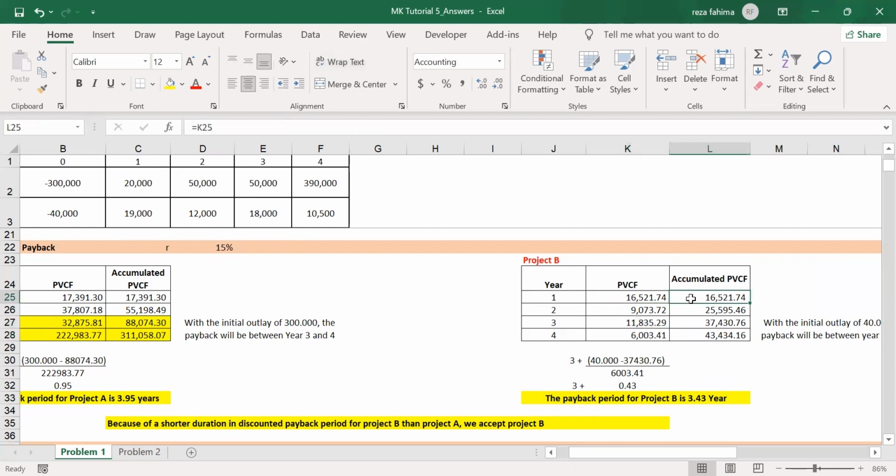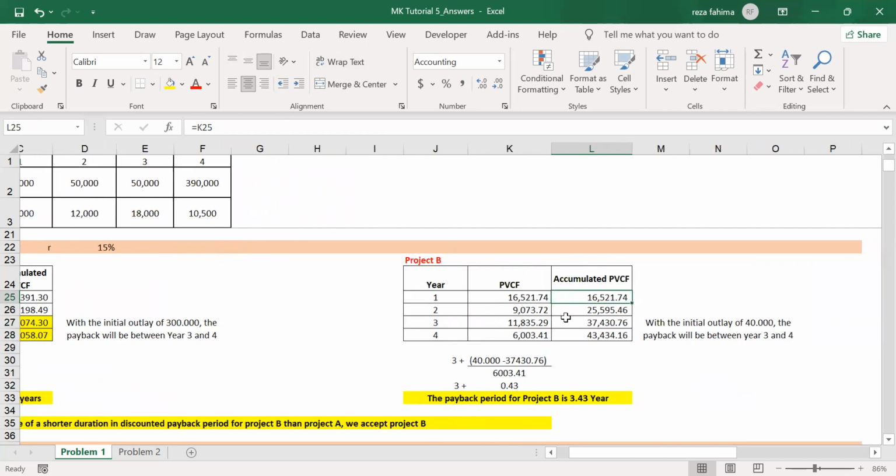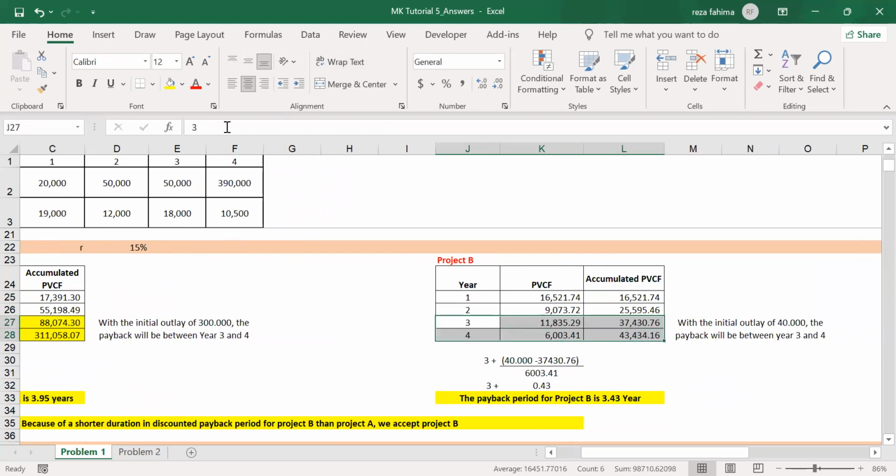And then we make the accumulated cash flows, and we're gonna look for our initial investment of 40,000, and 40,000 is in between the 3rd and the 4th year. Okay, so the next step is to write down the earlier year, which is 3, the 3rd year, plus your initial investment minus your accumulated present value cash flows of the earlier year, and divided by the present value of cash flows for the 4th year. And then you got